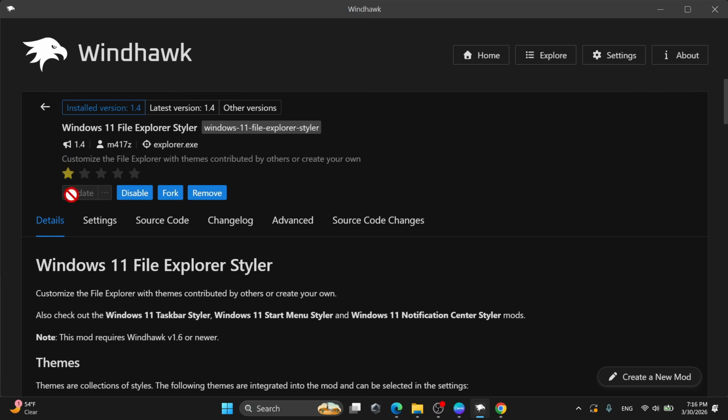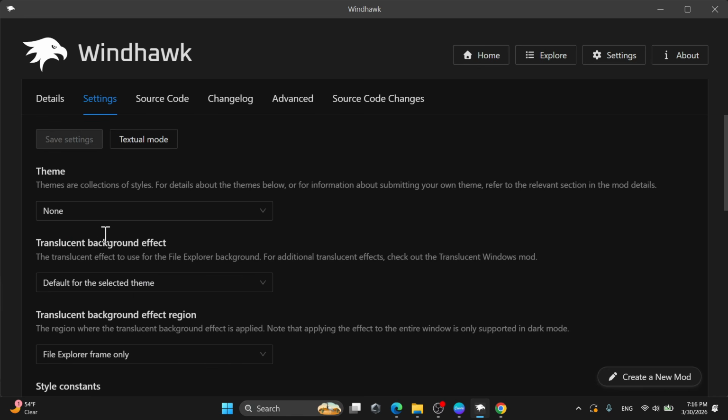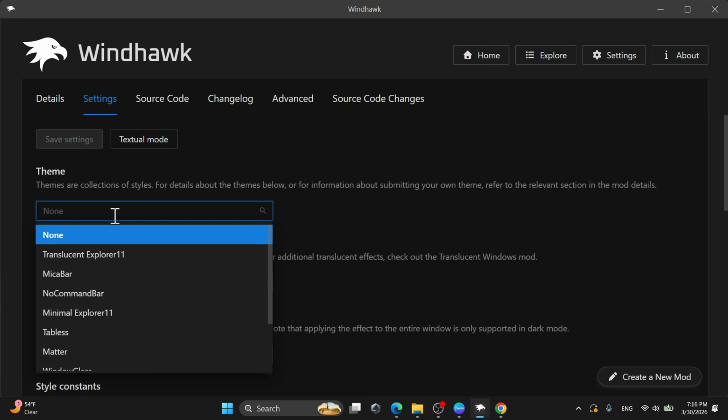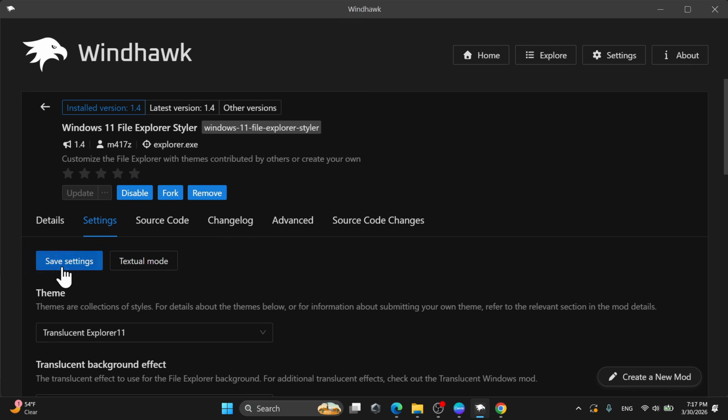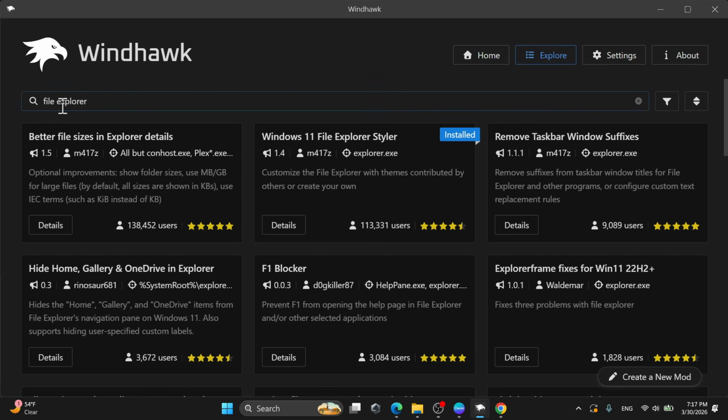After you actually install it, you need to click on the settings button, as you'll see from here, and then you need to choose the theme that you like. So we will choose the translucent theme, as you see from here. After that, click on save settings, then head back and search for translucent